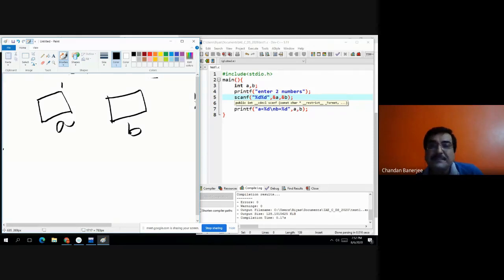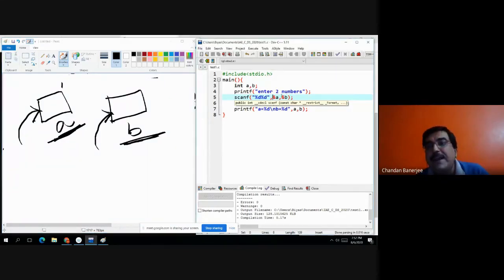B will occupy some space. So A will occupy some memory space and B will occupy some memory space. Ampersand indicates the value will be assigned to that memory address. So that is why ampersand. I will discuss it later when I discuss pointers.